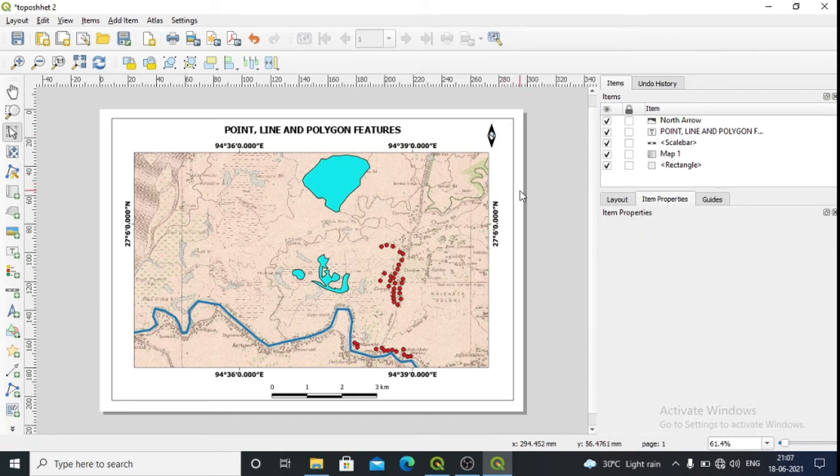That's it. Now if you want to add the index, you can add it, but even if you don't add it, it's okay. But let us add the index also, like a legend here.